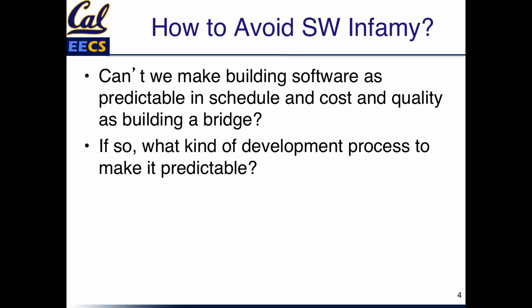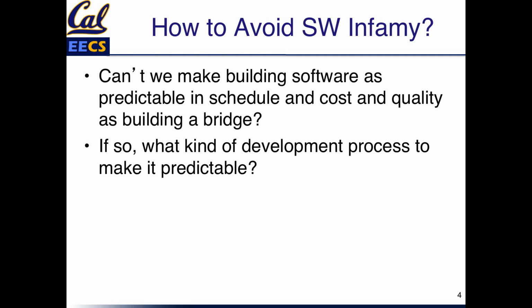And so remember from the last couple of segments that there was this infamy that you could gain by building software. It's the greatest job in the world, except, you know, you could be made fun of by your friends and neighbors. So about 20 years into building software, they asked the question, can't we make it as predictable as building a bridge, as civil engineering? Why can't software development be as dependable as civil engineering in cost and schedule and quality? And so what would you do?